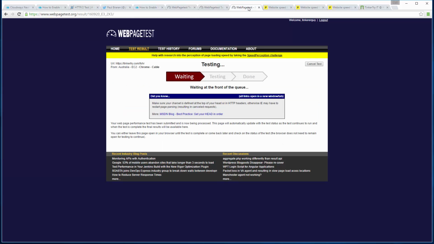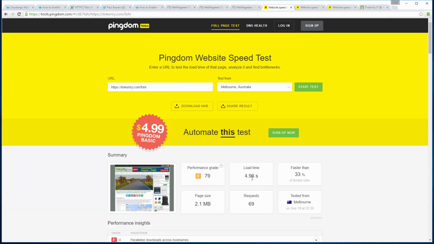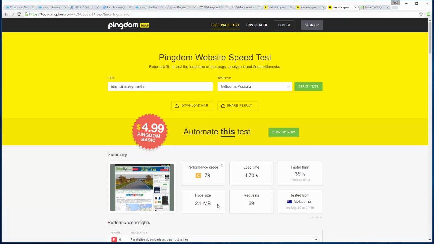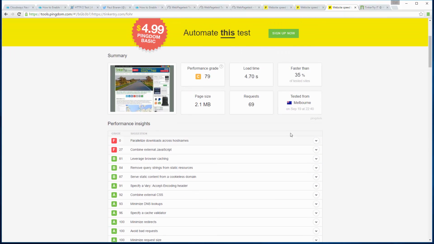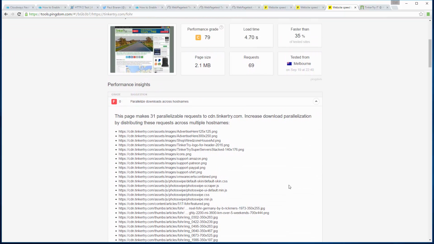Now I'm just waiting for this window to show me something, and this window. Okay, that one's already done. 4.7 versus the first one. Not really significant difference. How about 2.1 meg, 69? Anything changed there? Probably not. Same number of requests, right? It's not doing anything magical. Still really complaining about that, having your CDN in one place, but